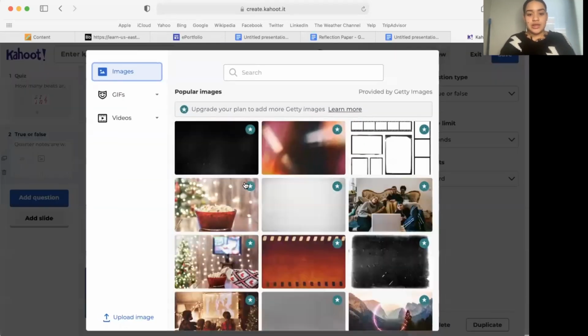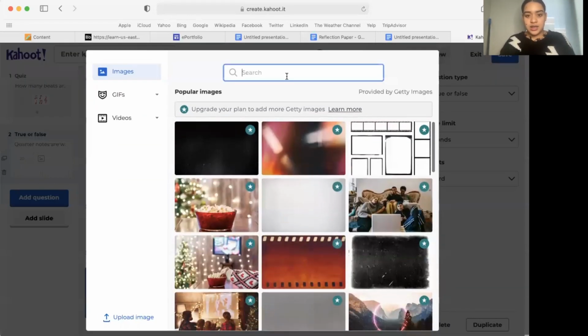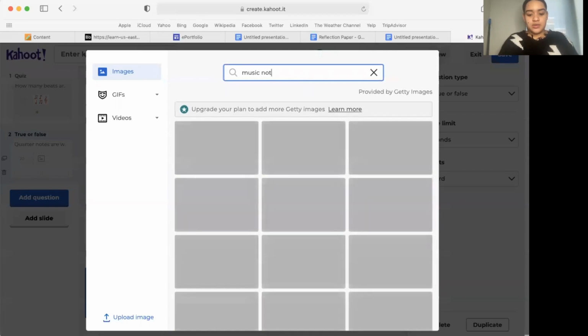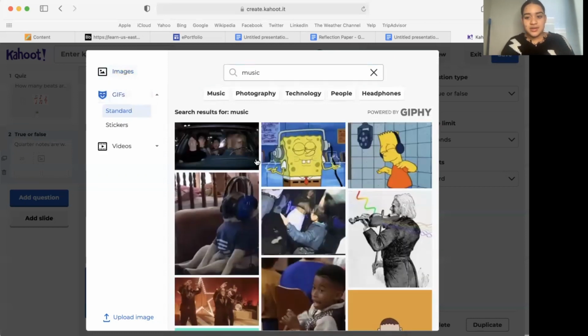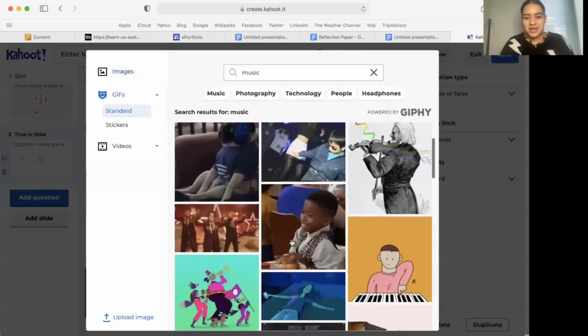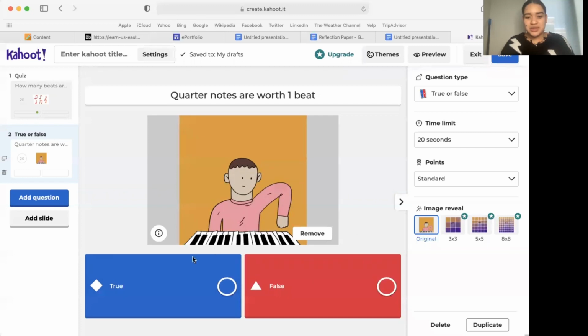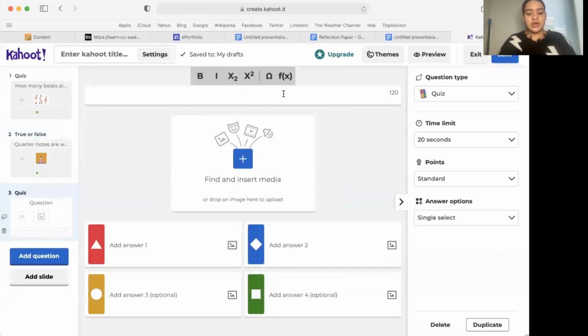True or false? Let's add media. Music notation, let's try that. Can we do GIFs? Okay, let's do GIFs. This one, and then quarter notes are worth 1 beat. True, that is true. Let's do one more question.